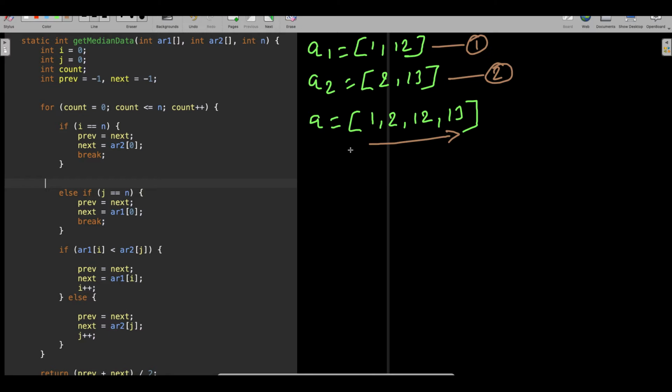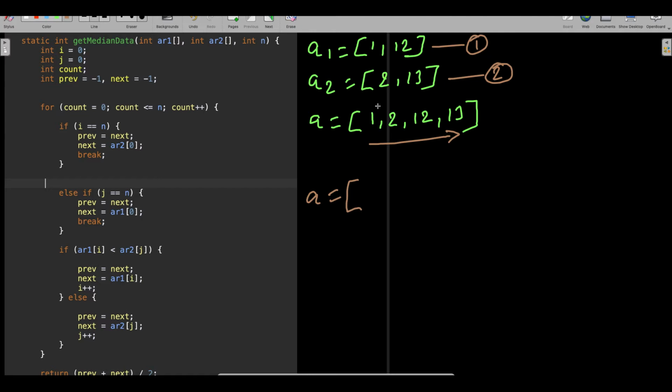Now let's try to understand one more thing, guys. How did this data get designed? You know that A1 is a sorted array, so the first one is the lowest and the last one is the highest. Same thing with A2.